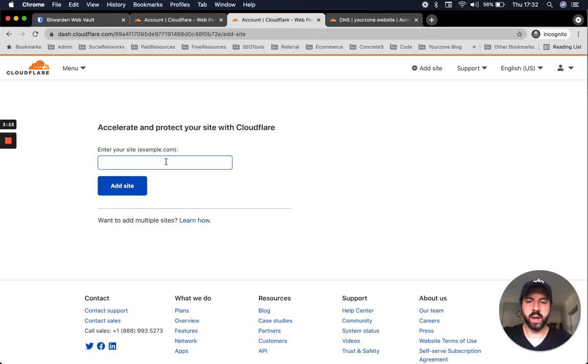We are going to try and pull our site called 5K clients as an example, but we're not going to be pointing this domain to the website we created, because this domain already has a website. This is just an example of pulling a domain that already exists. Now the domain has to already exist because Cloudflare does not create new domains. So write the domain that you bought, click on add site,